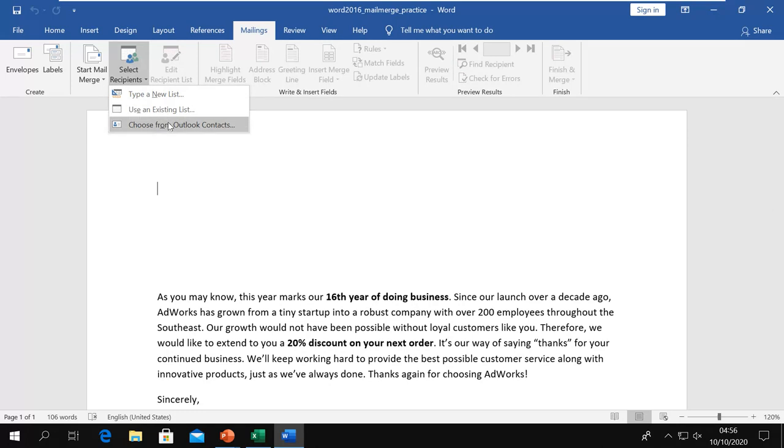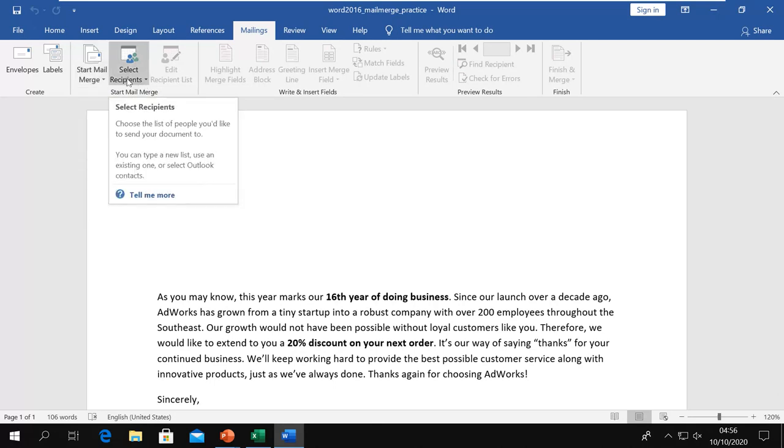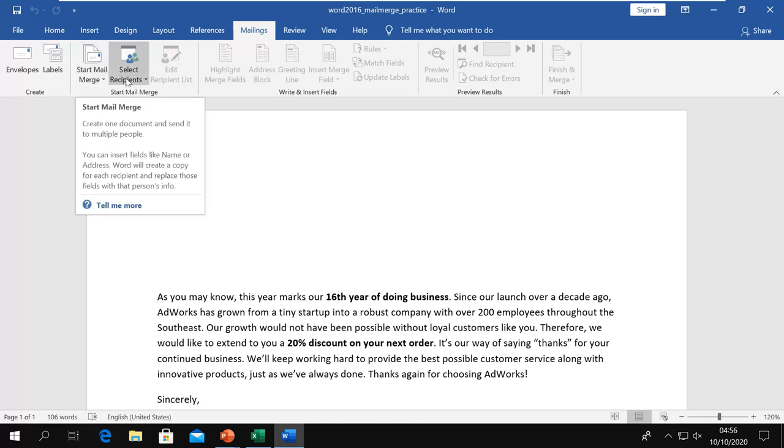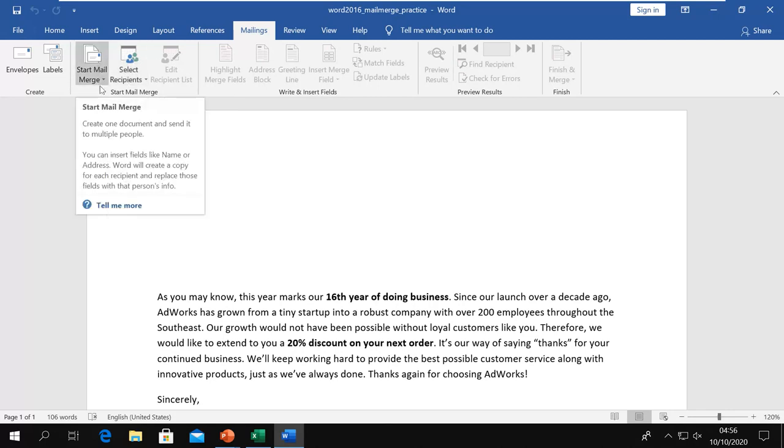Now the same thing you can do in between the process also. This process has 6 steps, and in one of those there is a step to add the recipient also. So you can add it within the process or you can add it before the process also. Let's go with the process.